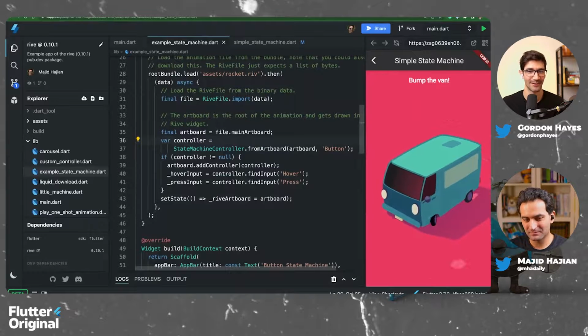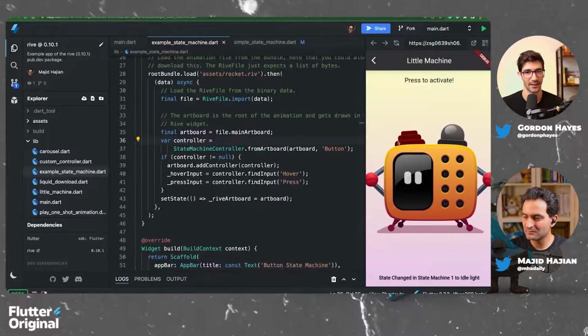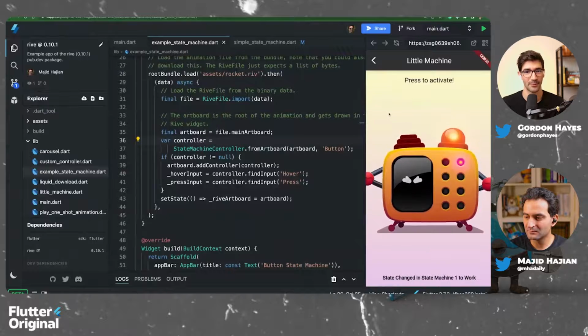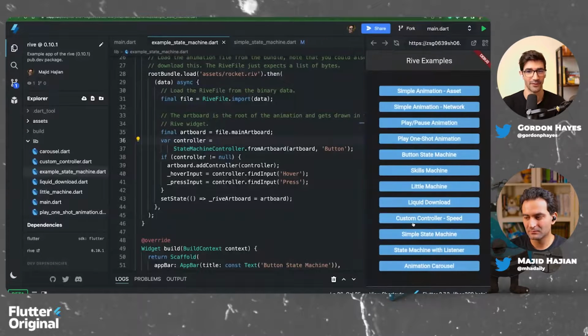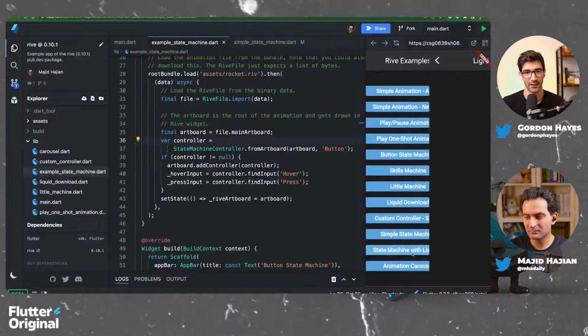That's nice. The next level for us, and this is something that's on the roadmap, is a feature called data binding. This would basically take this to the next level, where it's not just defined on what the name of an animation is, but it's a way for you to map certain events to stuff that happens on Rive. And this could also allow you to do hot swapping of assets and hot swapping of maybe